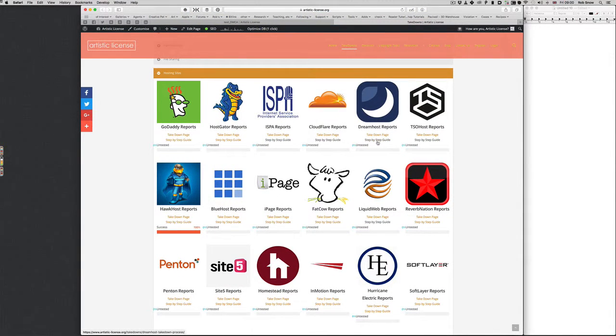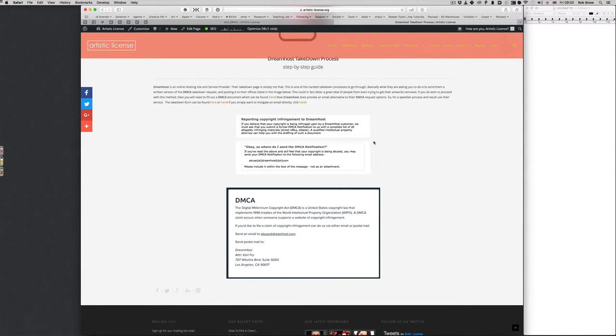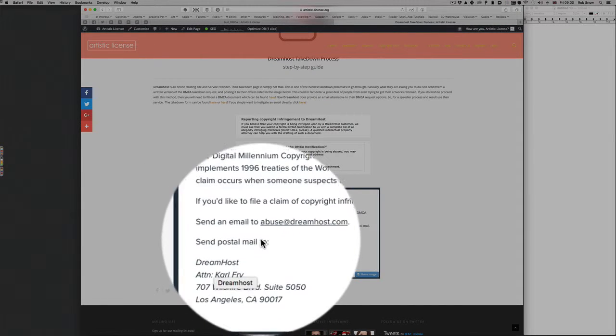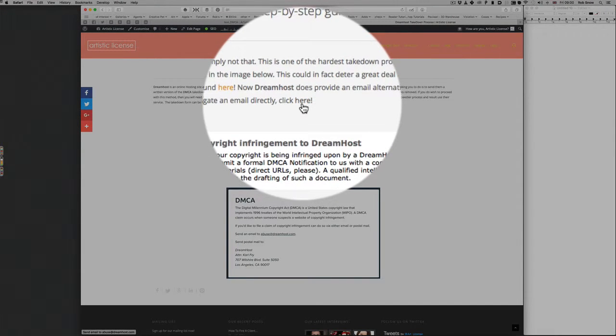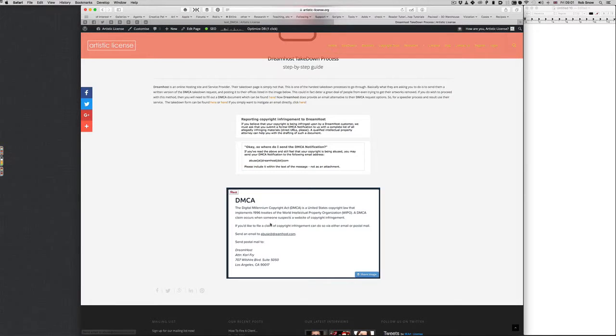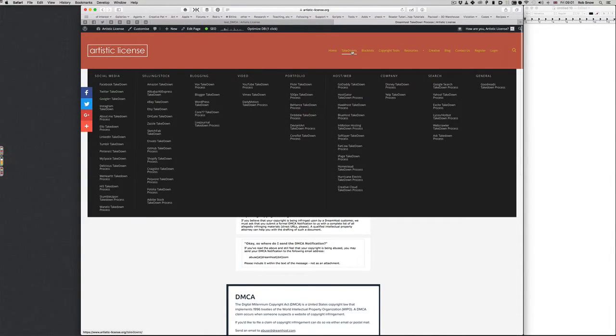Dream. Okay, if you look at the step-by-step guide for this one, you'll notice they don't have a step-by-step guide. They don't have an online form. What they do is they ask you to send it to an email address. Now I've made it so you can see the details here, but I've also put the email address here just in case you want to automatically send the email yourself. But I've also populated this email into one of the options, which is the online portals. So if it's listed on this list here,